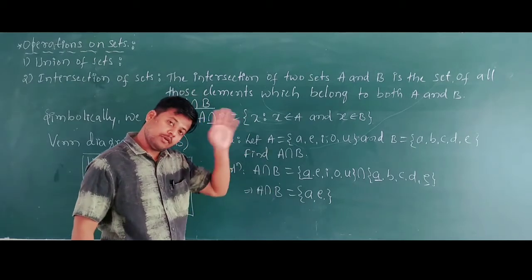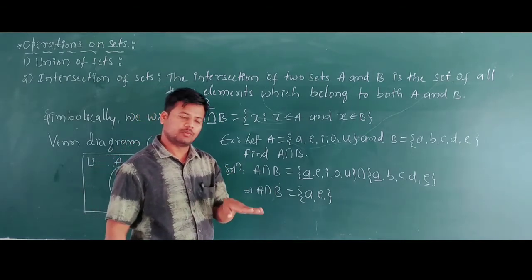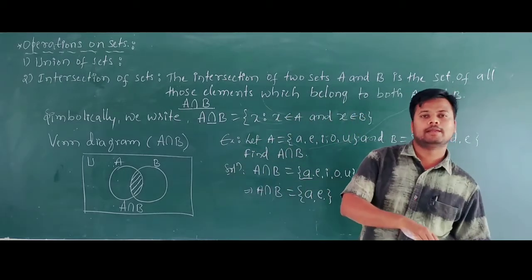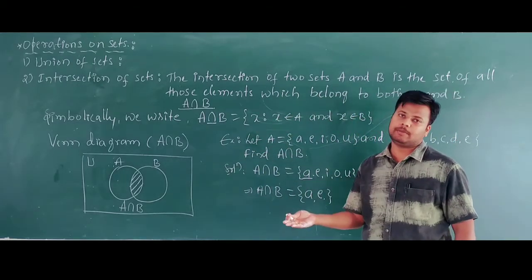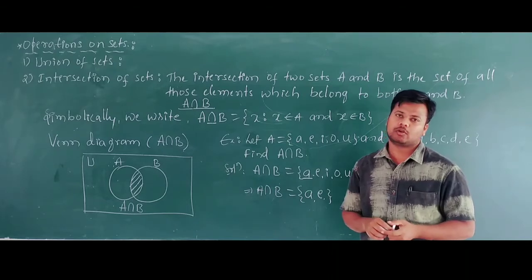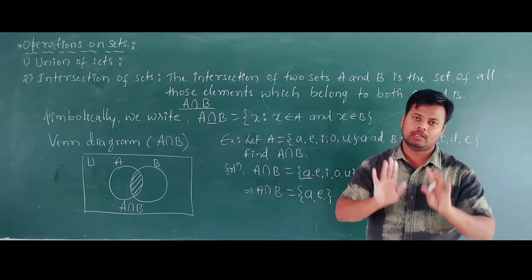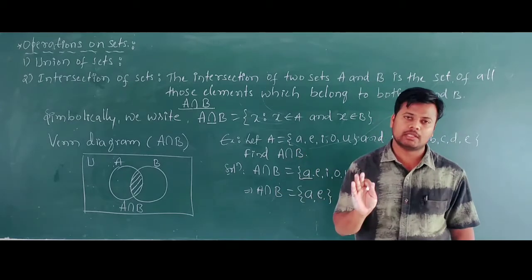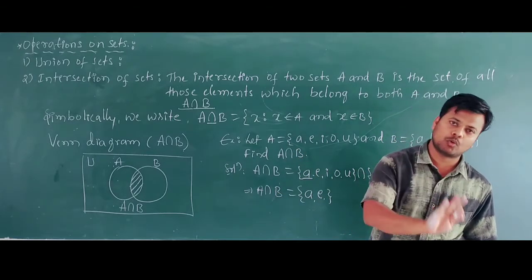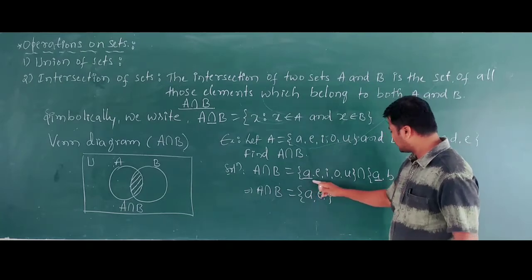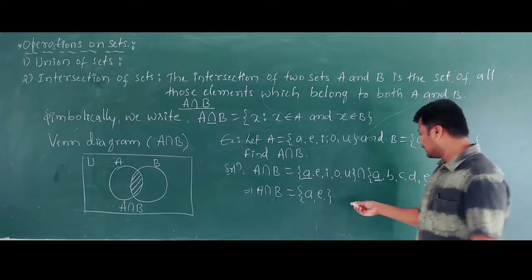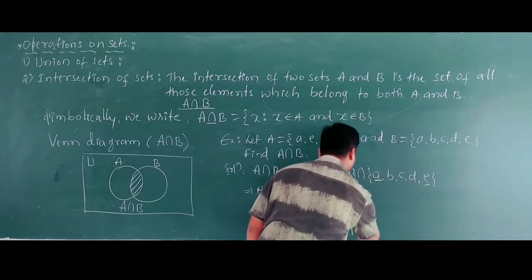So what is A union B? A ನಲ್ಲಿ ಎಂತ elements ಬರ್ತದೆ? That set contains all the elements of set A and all the elements of set B. ಎರಡು ಸೆಟ್ ಅಲ್ಲಿರೋ ಎಲ್ಲ ಎಲಿಮೆಂಟ್ಸ್ ನಾವು A ನಲ್ಲಿ ಲಿಸ್ಟ್ ಔಟ್ ಮಾಡಿದ್ವಿ. ಬಟ್ A intersection B ನಲ್ಲಿ we write only the common elements belonging to both A and B. So ಇಲ್ಲಿ ಮತ್ತು ಇಲ್ಲಿ ಎರಡು ಕಡೆ ಇರಬೇಕು ಅಂತ ಎಲಿಮೆಂಟ್ಸ್ ಮಾತ್ರ ಇರಬೇಕು. Okay? So Venn diagram of this one is,